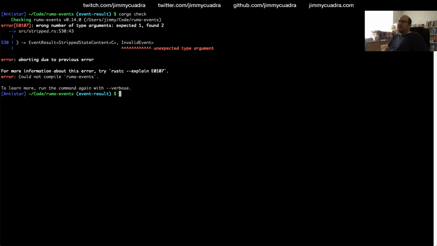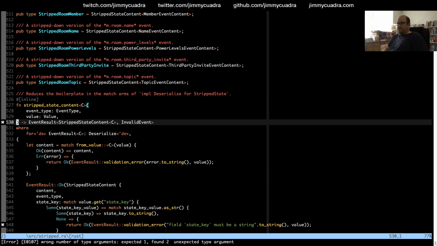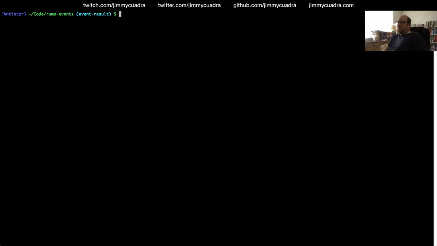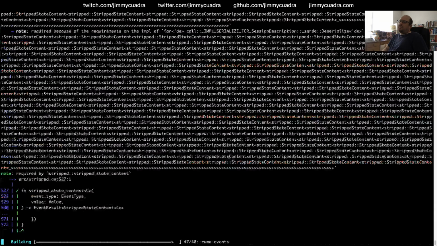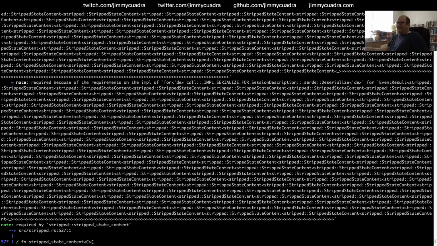Wrong number of type arguments. Expected 1, found 2. Right, we don't need to specify that it's an invalid event because that's part of the event result type now. Okay. Oh my goodness. Look at this crap, what the hell?